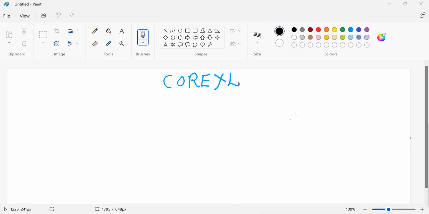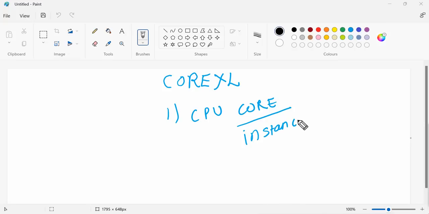Okay. So you said something to do with the CPU core, and prioritizing traffic through those cores, maybe. Do you know the difference between cores and instances? No. Okay. Core we also call CPU, right? I'm not talking about the central processing unit. I'm talking about the processor